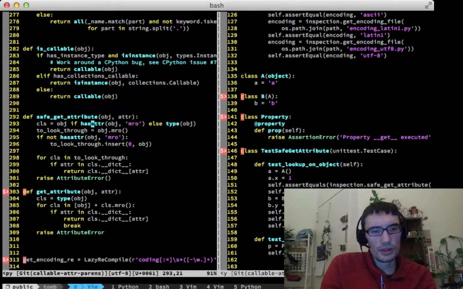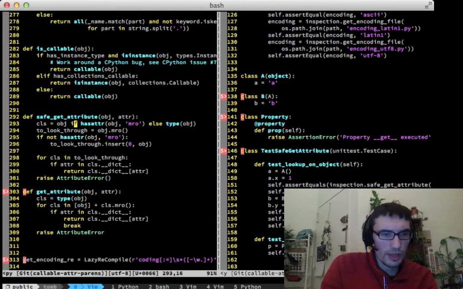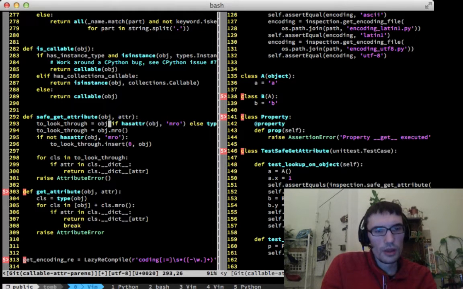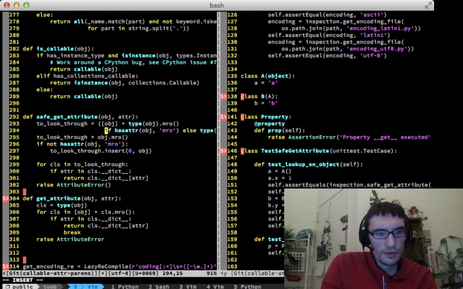And really, this conditional is for both things. So it should be like to look through equals object plus, we'll wrap it, object plus type of obj.mro if,